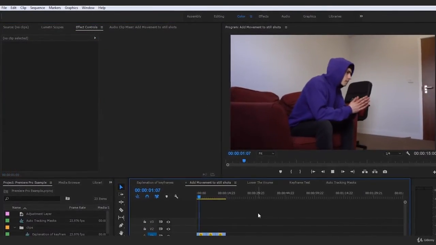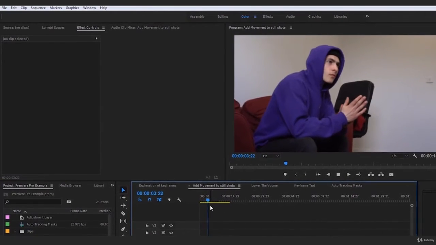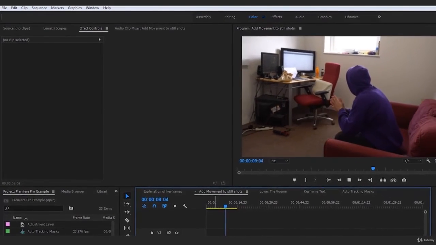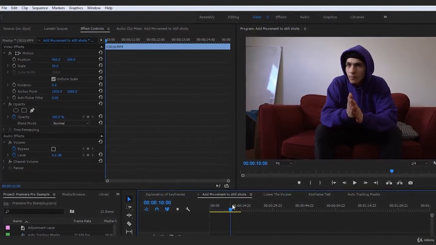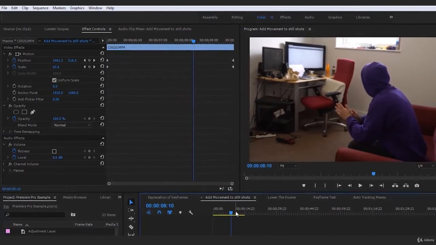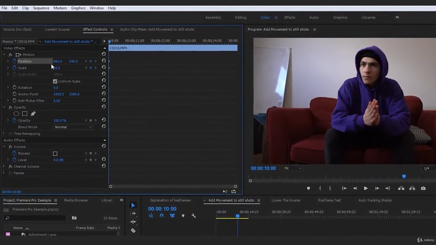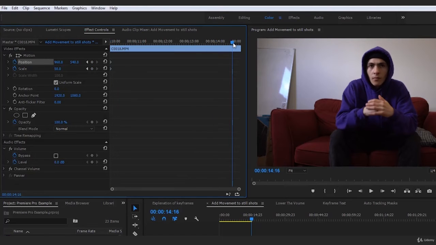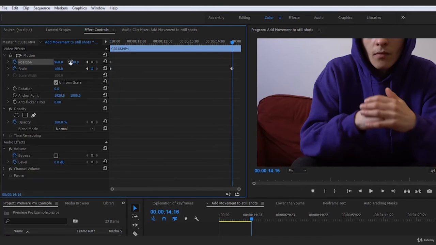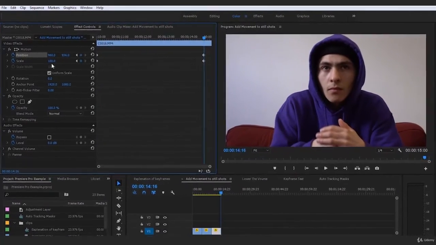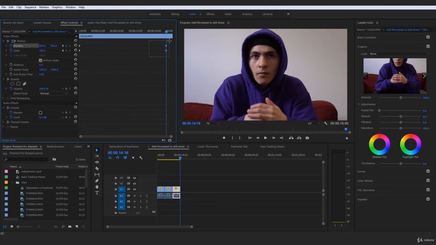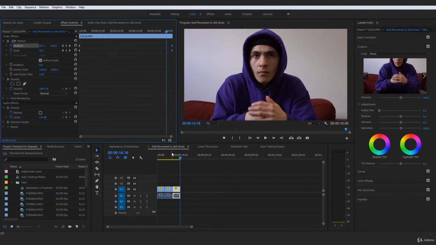If we give this a play now, it's going to be zooming in on my face without losing any quality here. Then it's going to be zooming out like that to show my very messy desk in the background. And now I just want a zoom up. So I believe if this is zoomed out, now we can toggle the position and toggle the scale right here. So it tells it that it is 50 and 960 by 540 at the beginning frame. And now we can go close to the end, pop that on 100, zoom up so we just get the tip of my hood and bring that over so it looks like we're directly centered in the screen. And if we drag those to the end,